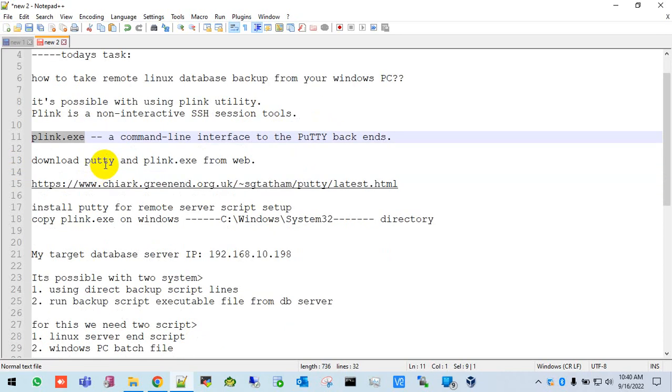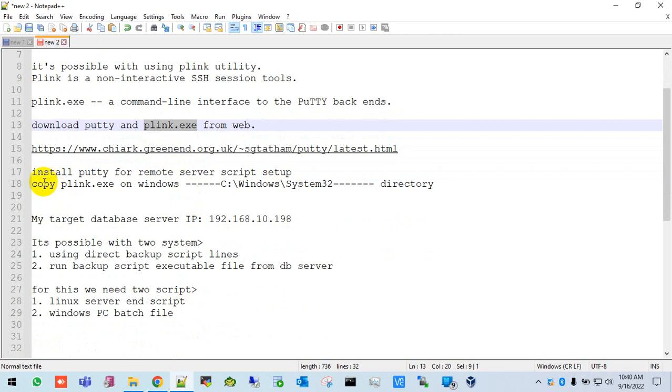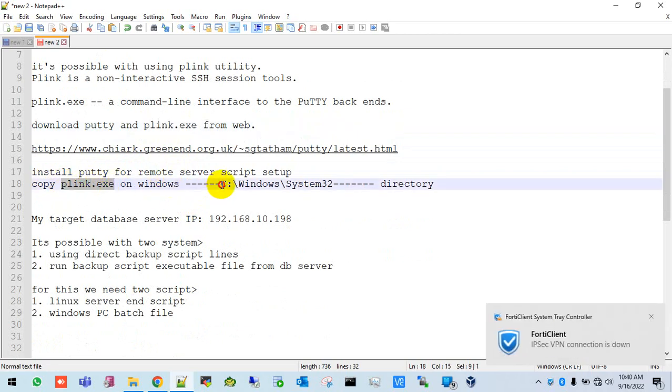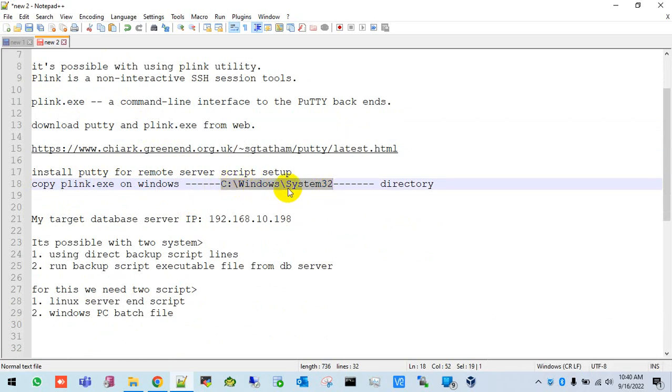so we need to download PuTTY software and plink.exe from the PuTTY download link, and copy the plink.exe file to the Windows directory, C:\Windows\System32. Okay, so we need PuTTY and plink.exe software, and PuTTY to connect to the remote server and set up the executable file,